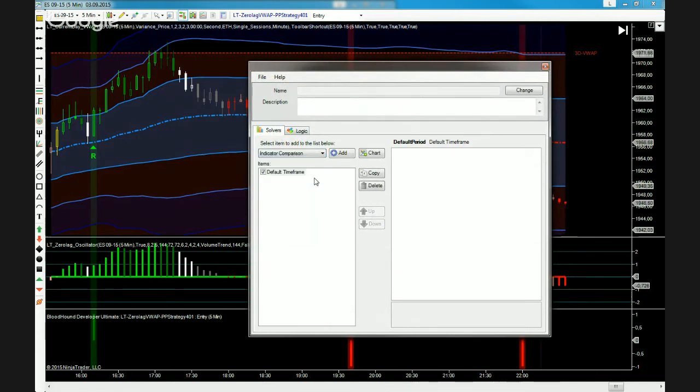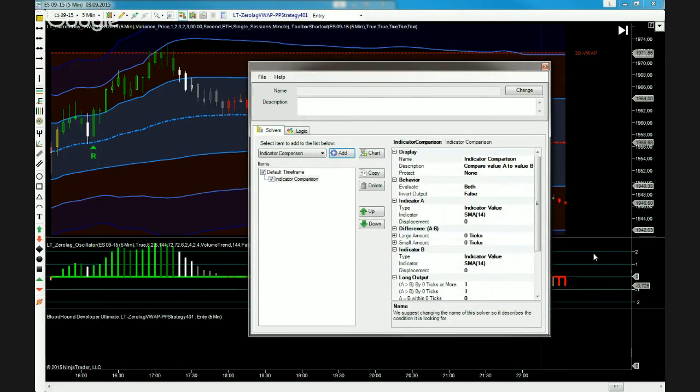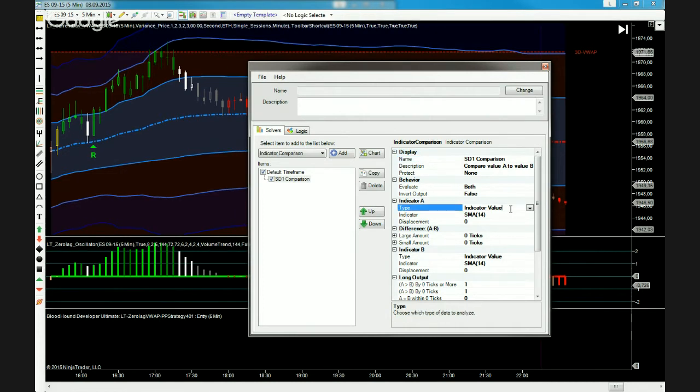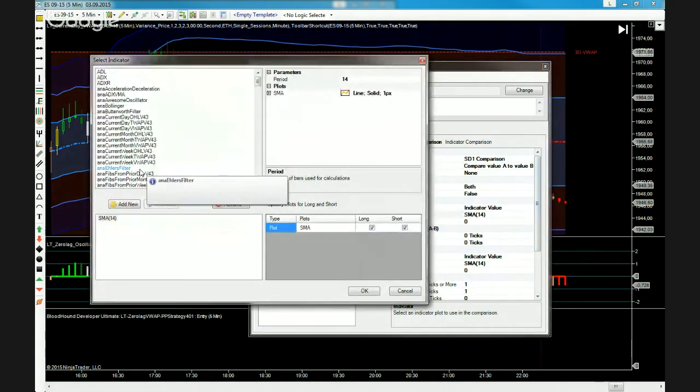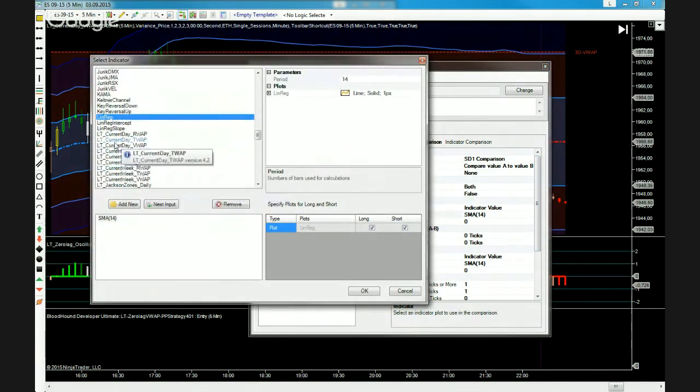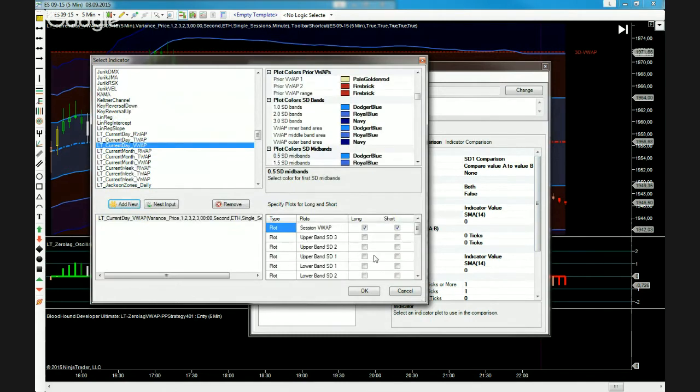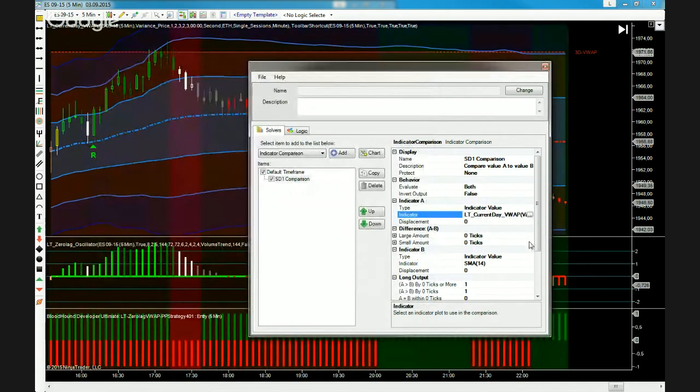We'll do an indicator comparison here to start off with, and hit add, and we will compare that the price is within the first standard deviation. So SD1 comparison, we will call this solver. We will look at both long and shorts. We will compare with the indicator LizardTrader current day VWAP. We will add that, and we will look at the upper band and the lower band standard deviation bands. We hit OK, and well,